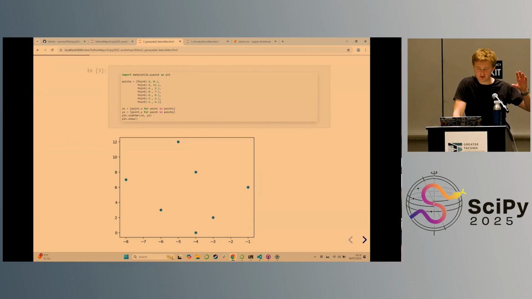You can take collections of points and plot them. This is what that looks like. I've created a list of lots of different points. I have then extracted the latitude and longitudes of those points, and I've plotted them just to show you what they look like. This concept of combining lots of different points into a list is